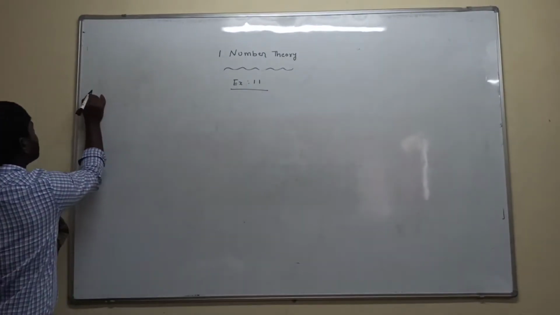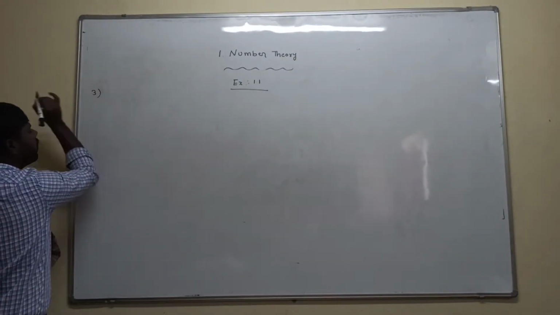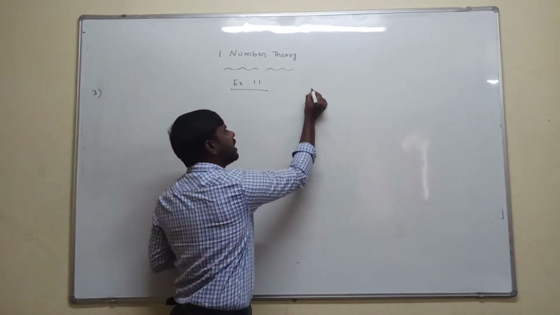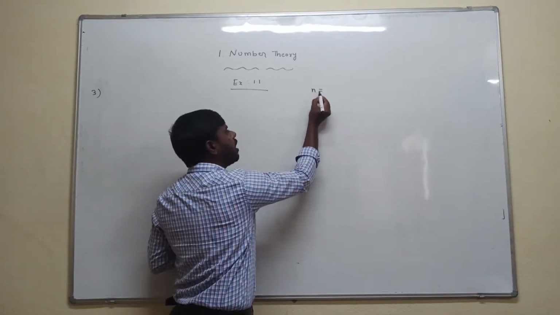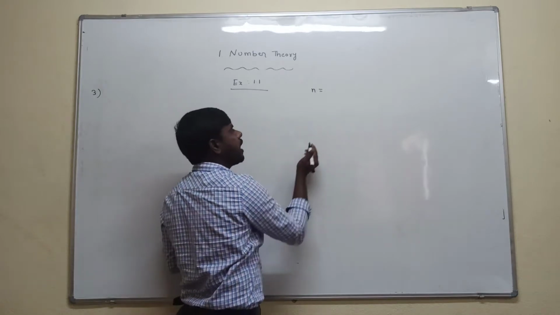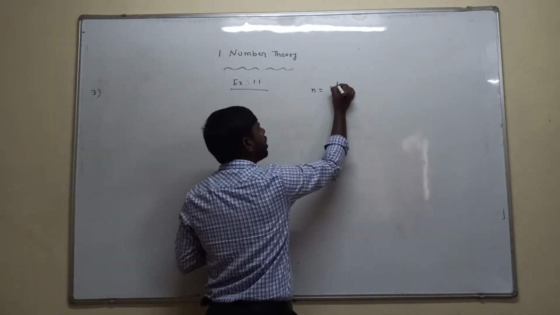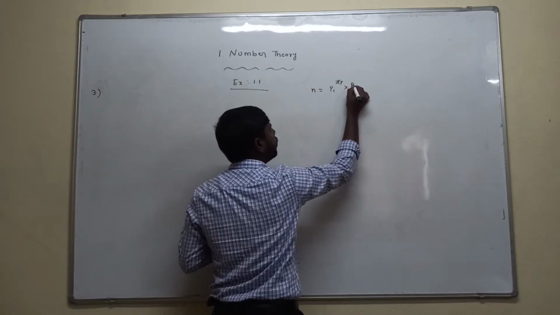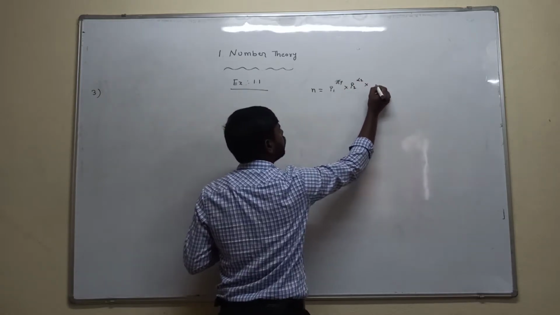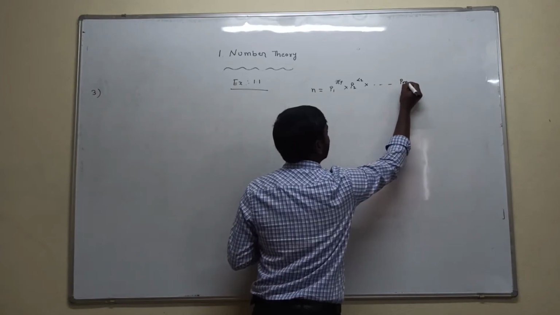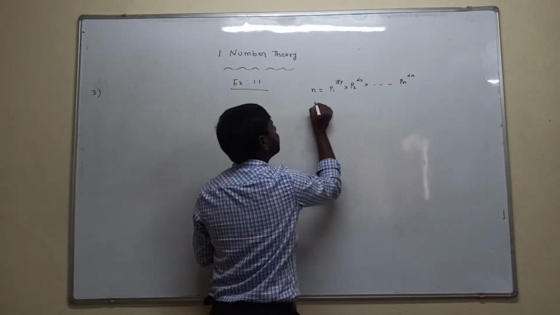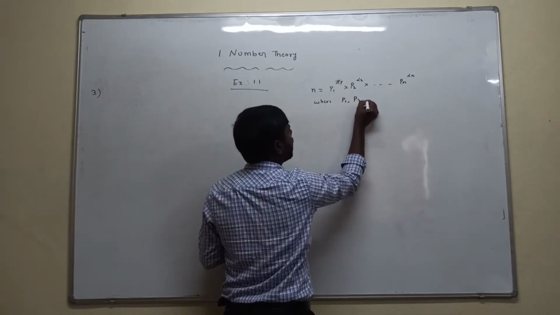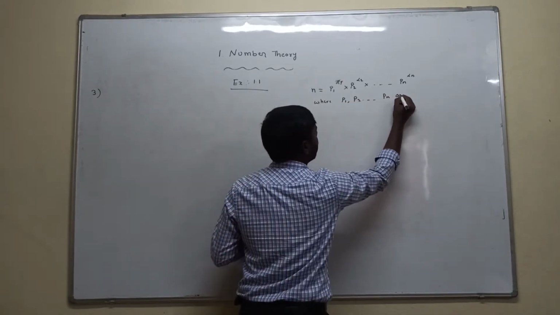I am explaining the third question, because first we have to give the canonical representation. Canonical representation means a number can be expressed as P1 power of alpha 1 into P2 power of alpha 2 into so on, Pn power of alpha n, where P1, P2, so on Pn are prime numbers